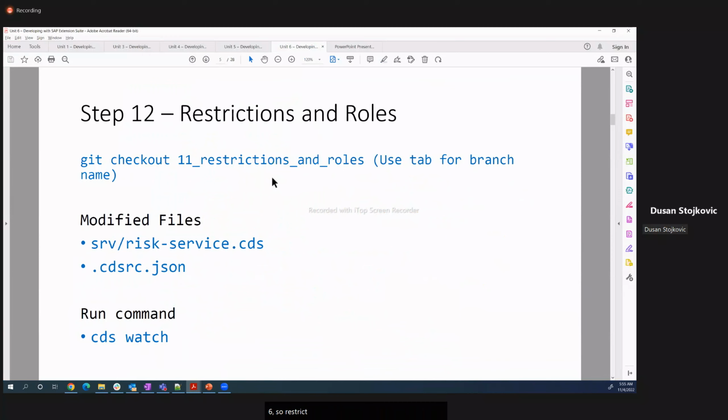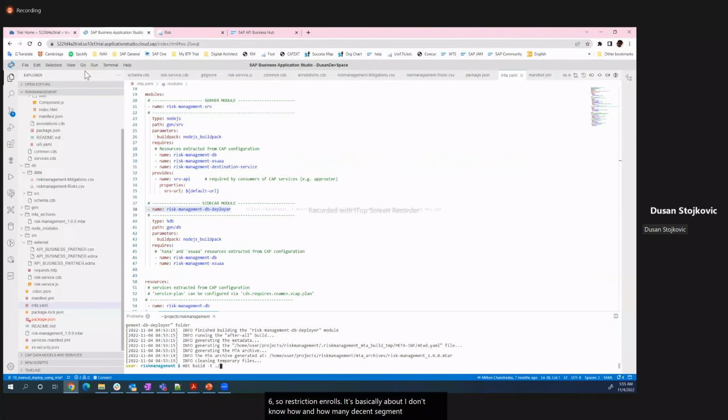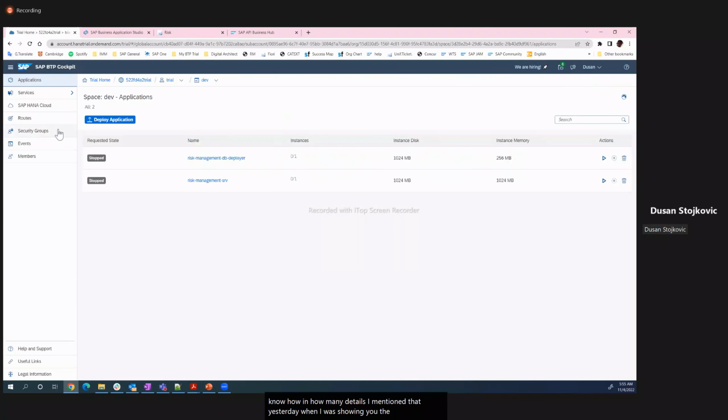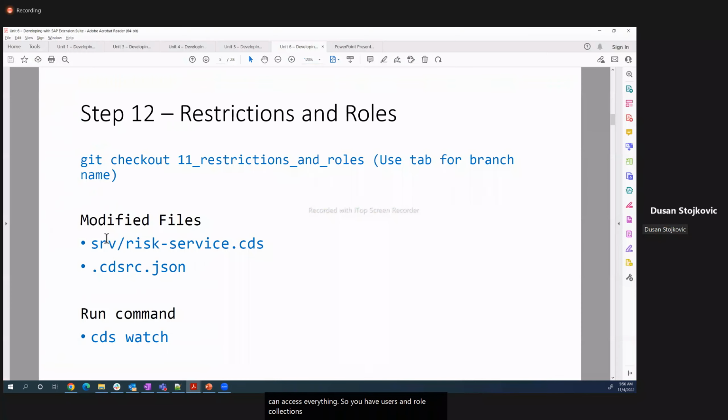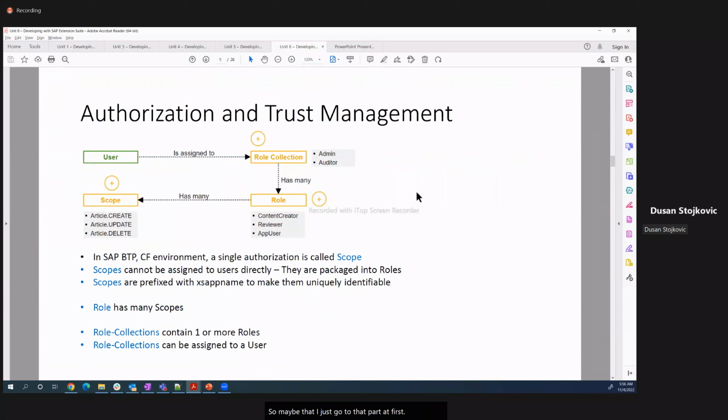So restrictions and roles. I don't know how many details I mentioned yesterday when I was showing you the cockpit, but when you work with BTP, of course, it's not that everybody can access everything. So you have users and role collections that you work with. Maybe I'll go to that part first and give you that story, and then we get back to the roles. So how does that accessibility and permissions model work